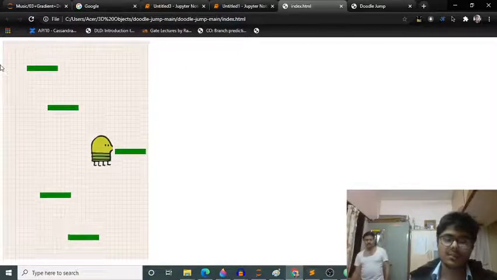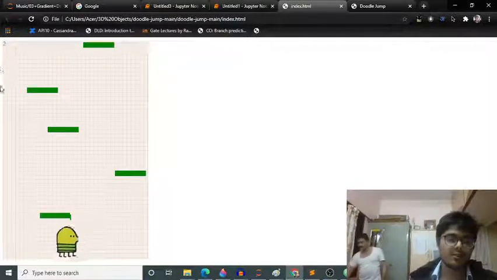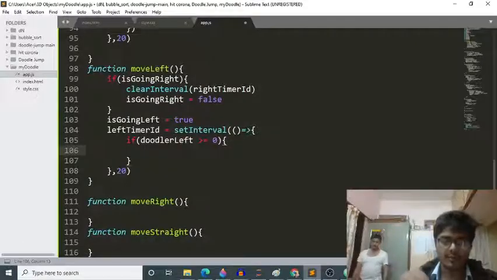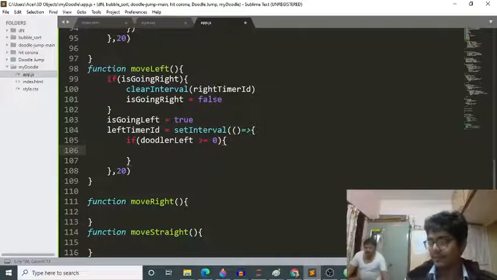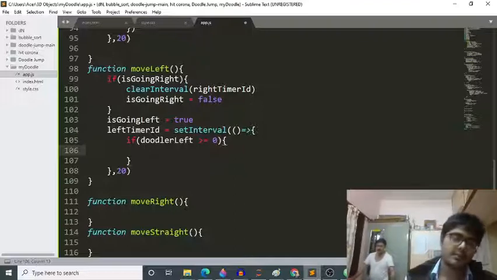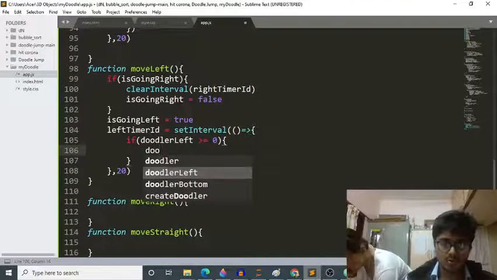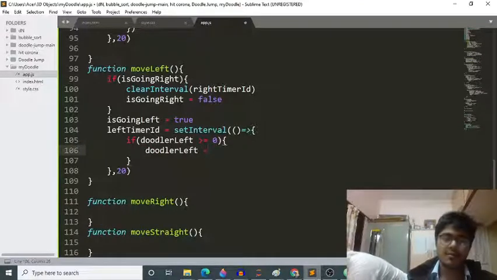This says that when I reach here, this is doodler left 0. So if I'm not here, then I want to go left. That's the meaning of that. So for that, what I want to do is subtract something from doodler left. So doodler left minus